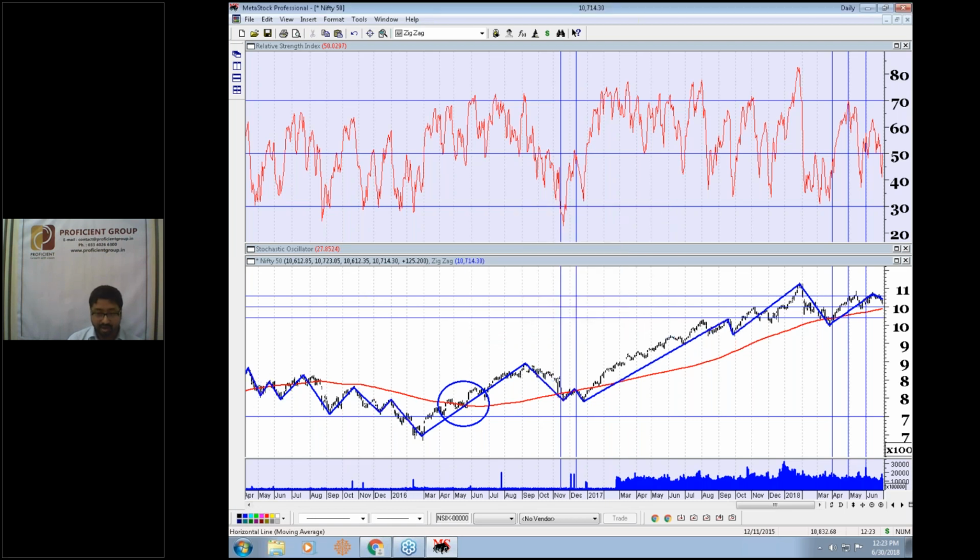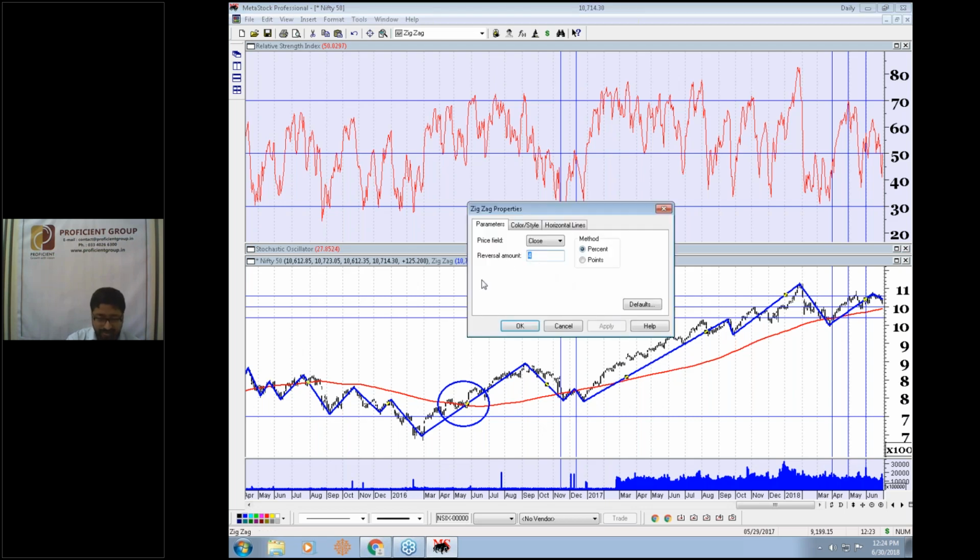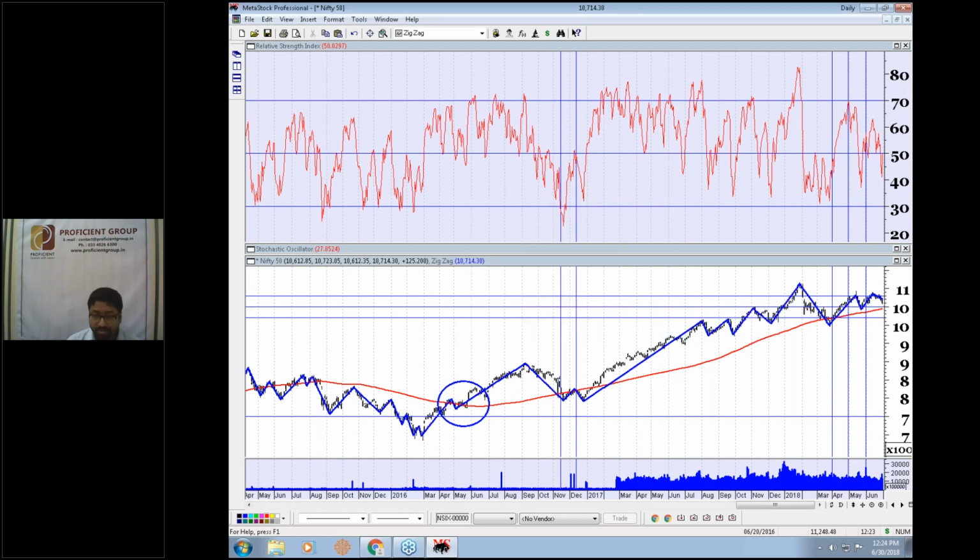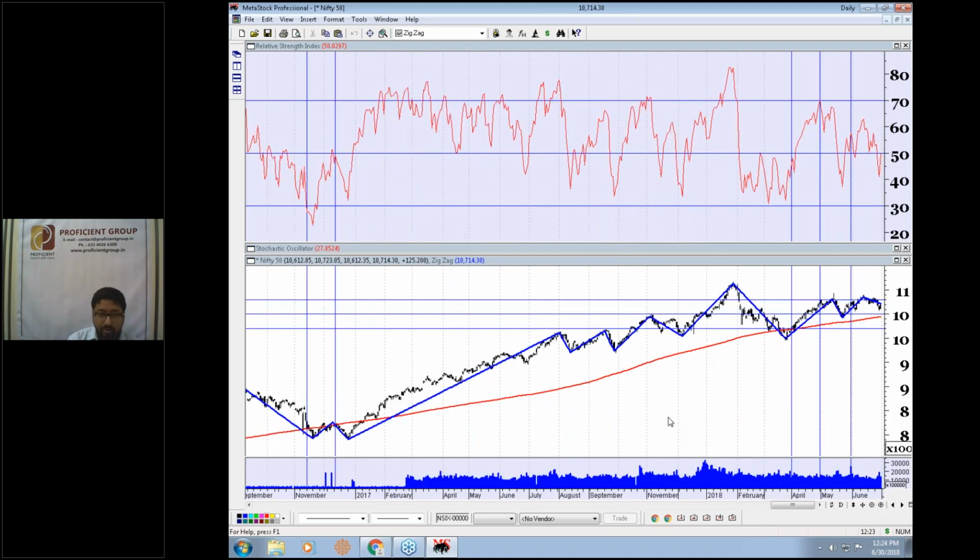I have shortened here now the filter to 4%, and now you can see the inside volatility a bit more. Now you can see the 4% filter has revealed a bit more number of tops and bottoms, and the series of higher tops and higher bottoms is visible here. Let's shorten it even further, and you can see that more and more tops and bottoms are being revealed in